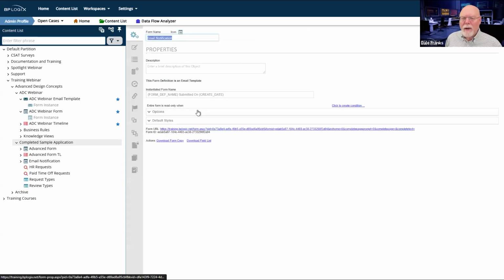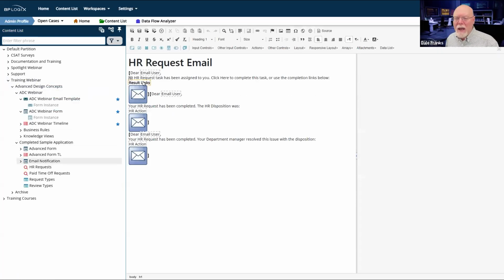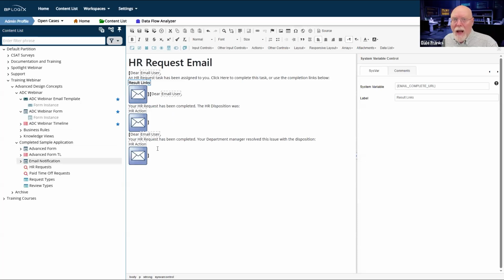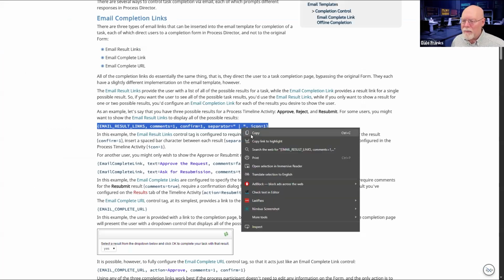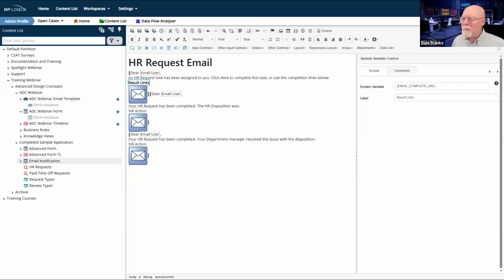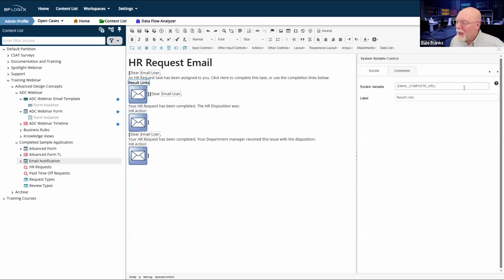The next thing you have to think about with your email notification is exactly what information you need to provide. If I'm going to give you result links, I can certainly do that, and there's certainly no requirement that I force you to look at the form. But I want to go back to the original email result links, so I'm going to copy this and place it back in here where it initially was. So it's actually the result links again. I need to be sure that I'm inside this text box before I do that. So there we go. I've now pasted my result links back in. I'm a happy camper.